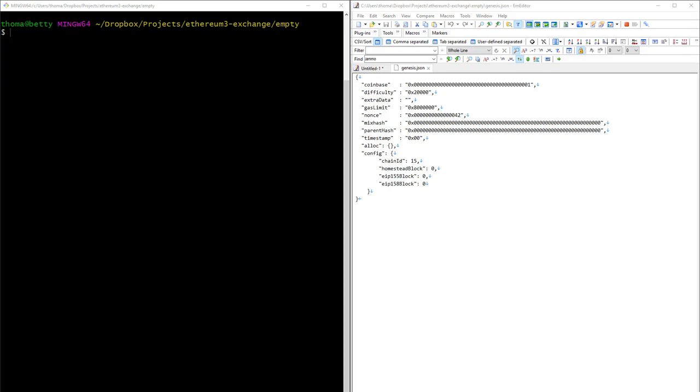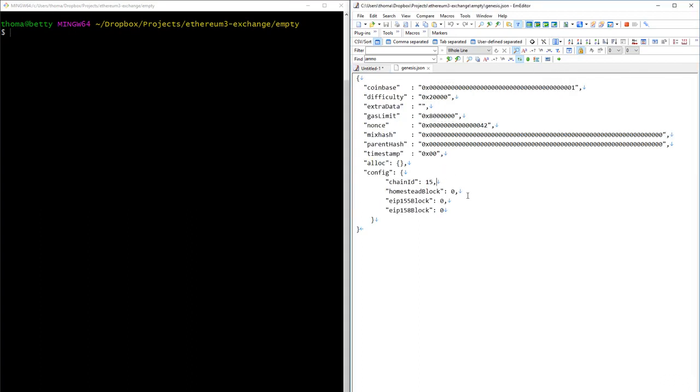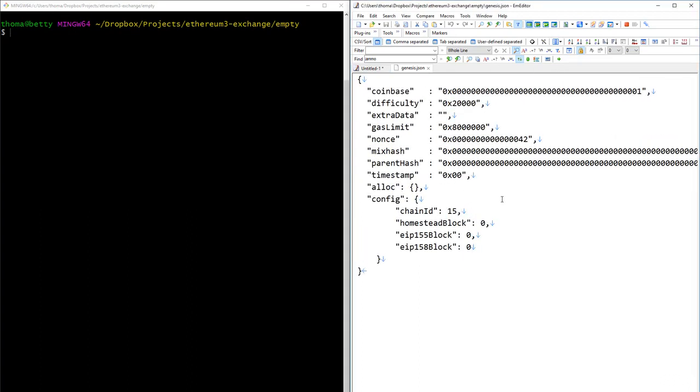In this video, I'm showing you exactly what the Genesis JSON file is and how you use it to initialize your own private network with Go Ethereum. The Genesis JSON file, which is here on the right side, let me make it a little bit bigger, is a configuration file for Go Ethereum, and it's just called Genesis JSON. It could also be called config.json, and it defines how your Genesis block will look like to initialize your own